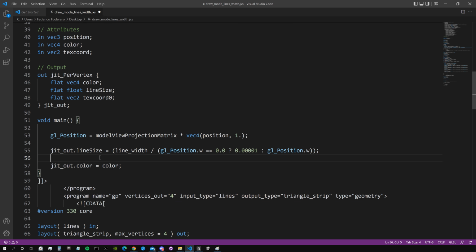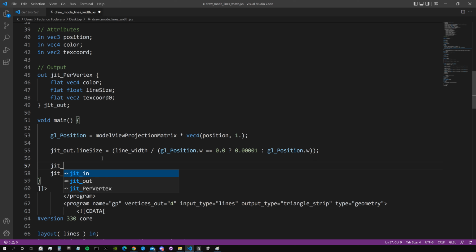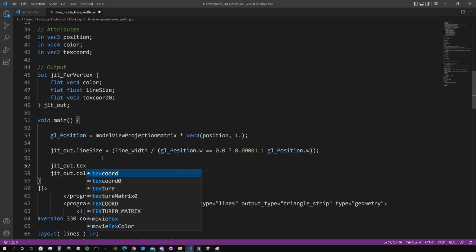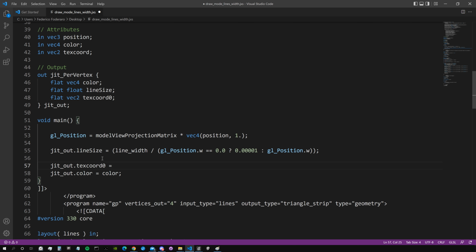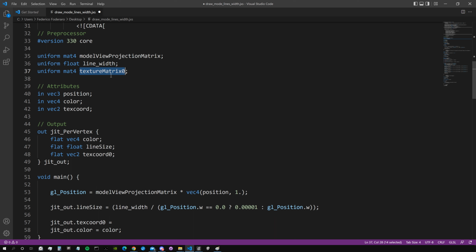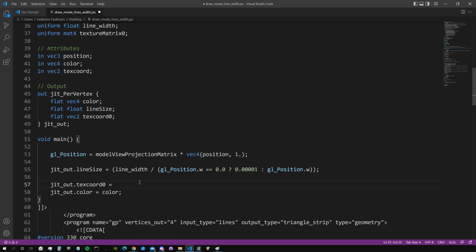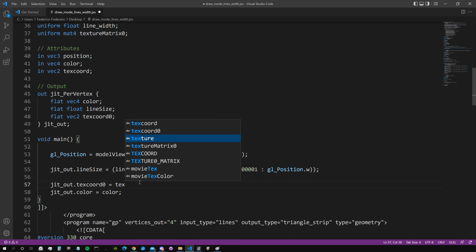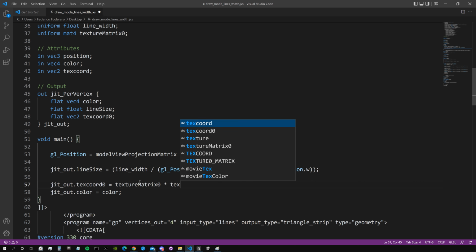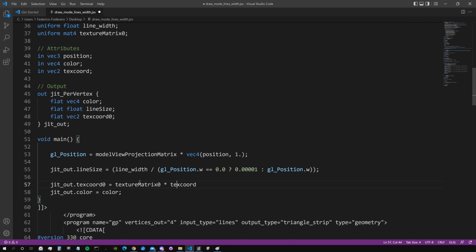And then here we can say jit out.texcoord 0 is equal to, and now we need to multiply our texture matrix. So texture matrix 0 by our texcoord,